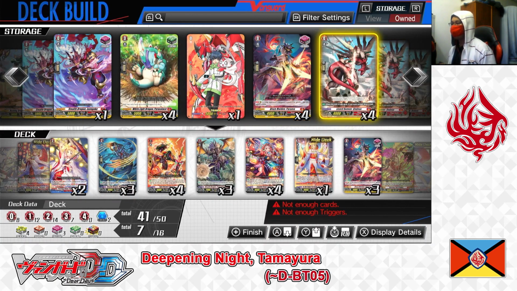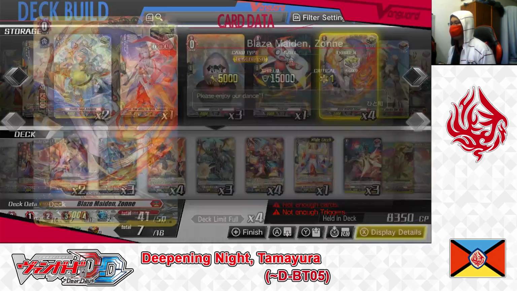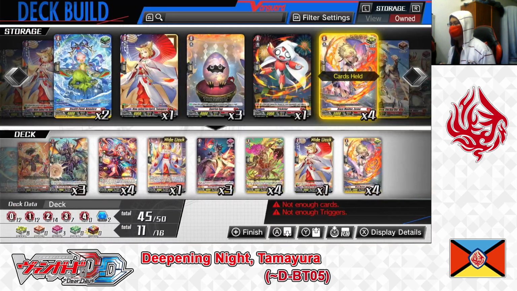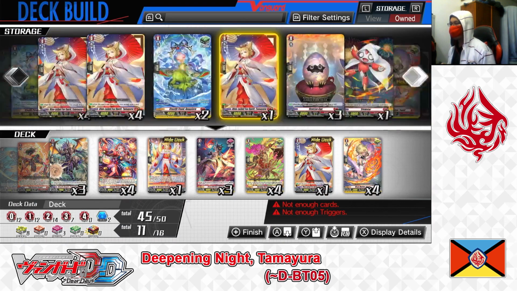Okay, next up, the Great Zero, Blaze Maiden Zone, critical trigger, playing 4 into the deck. And next up, the Great Zero,